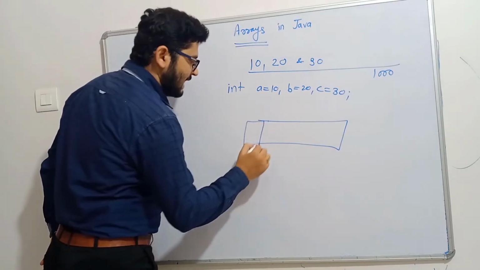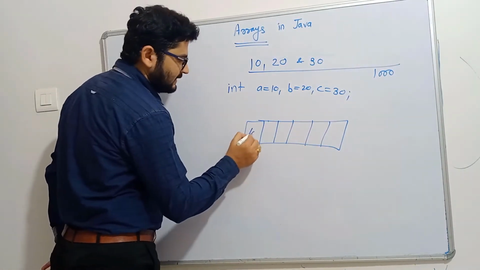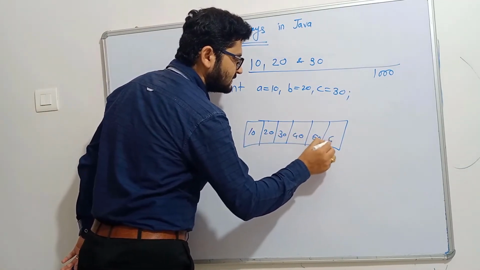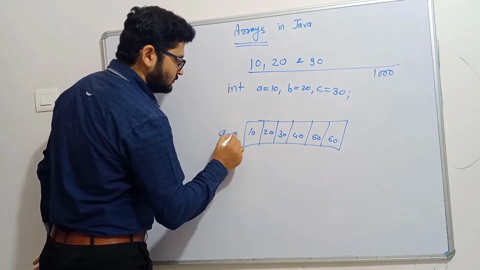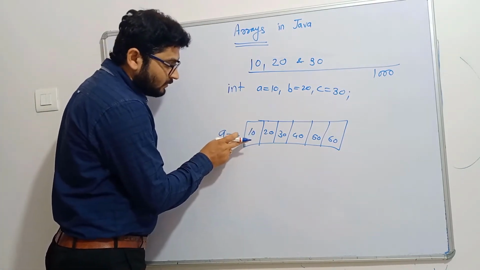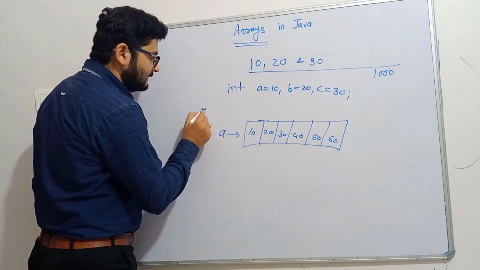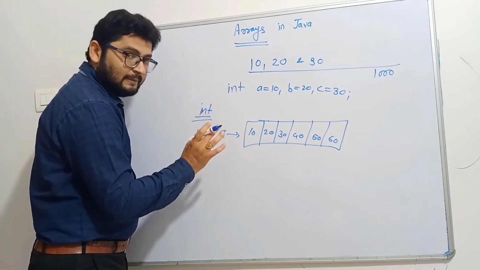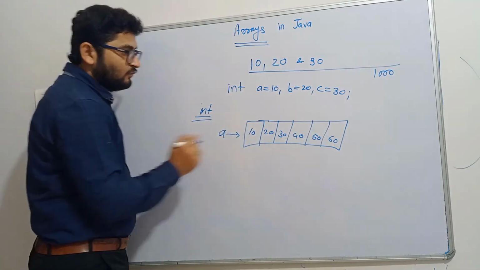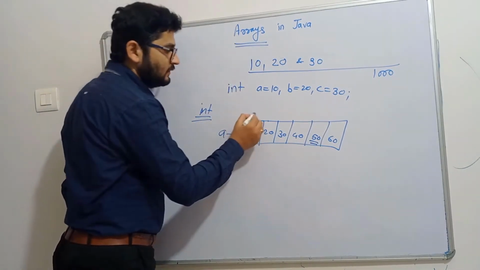Now let us suppose I have an array of 6 numbers, that is 10, 20, 30, 40, 50 and 60. Okay, so now you can observe here the type of all these numbers is nothing but integer. You can say the array is a collection of elements of the same data type. Another thing, if you want to access this location, you have to access it with the help of indexes.